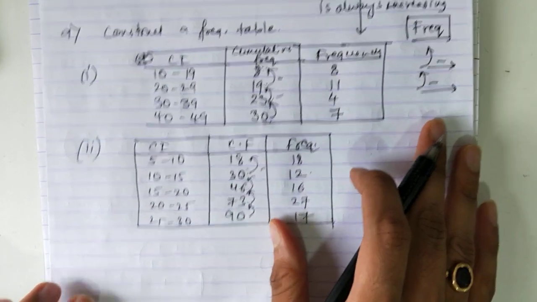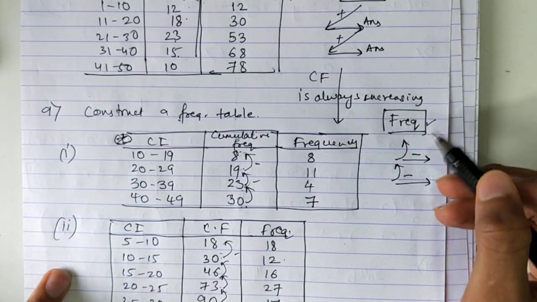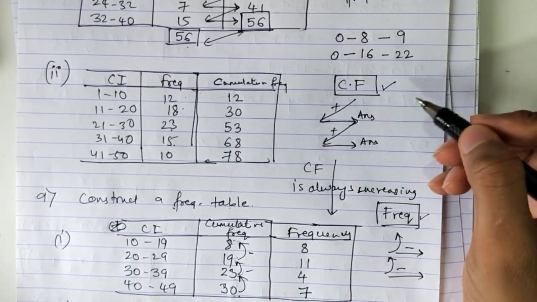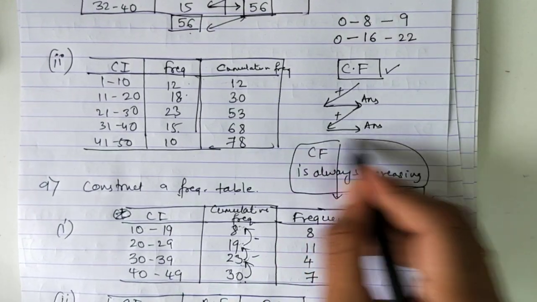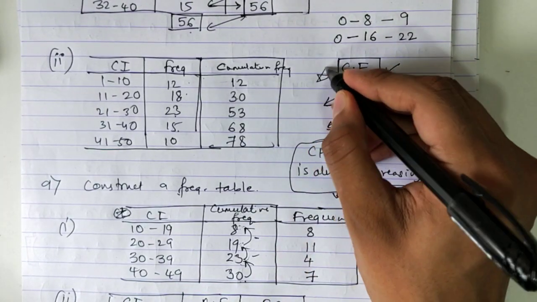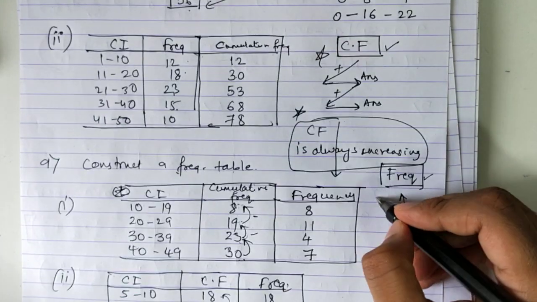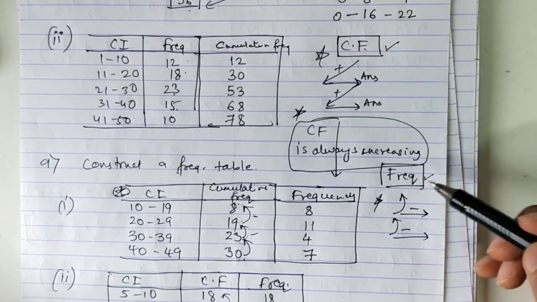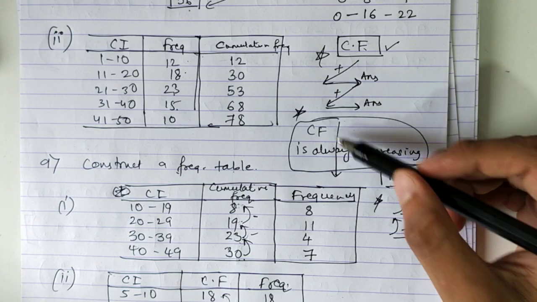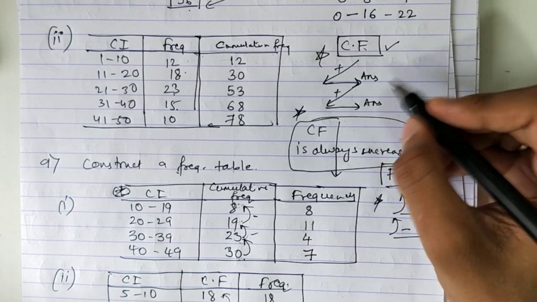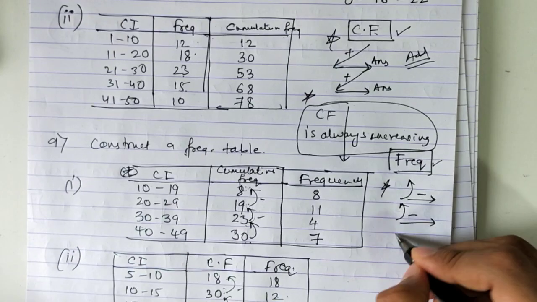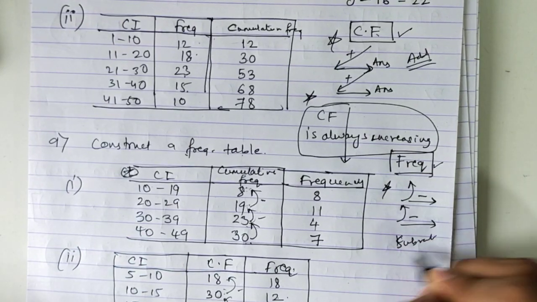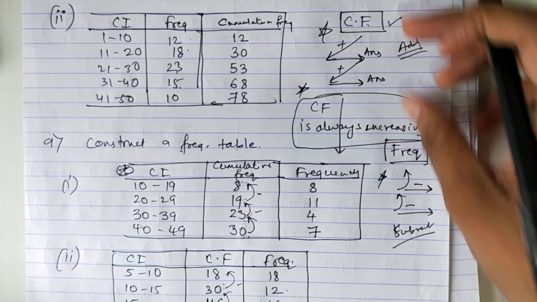Okay, so now I think you have understood how to find frequency, how to find cumulative frequency, and note that CF is always increasing. If you want, you can copy these three things somewhere in your notebook. How to find CF and frequency, and you can even write in your own words, in some other language if you prefer. For CF the keyword is add; in frequency it is subtract. You can write it in your own words, and it will help you in revision.